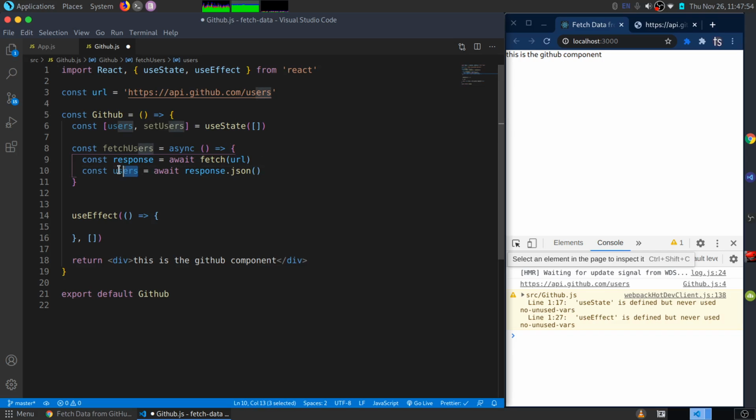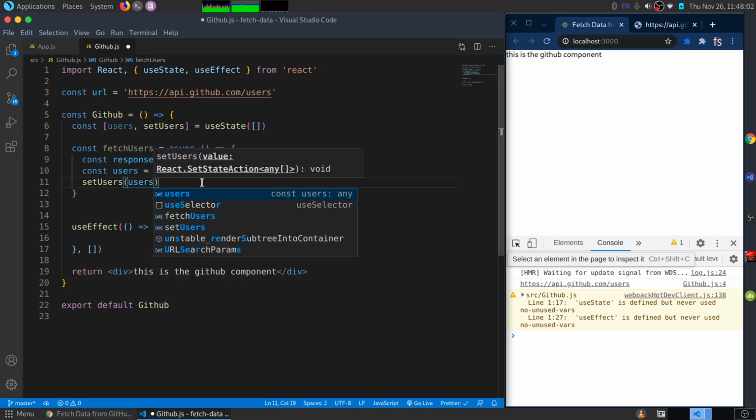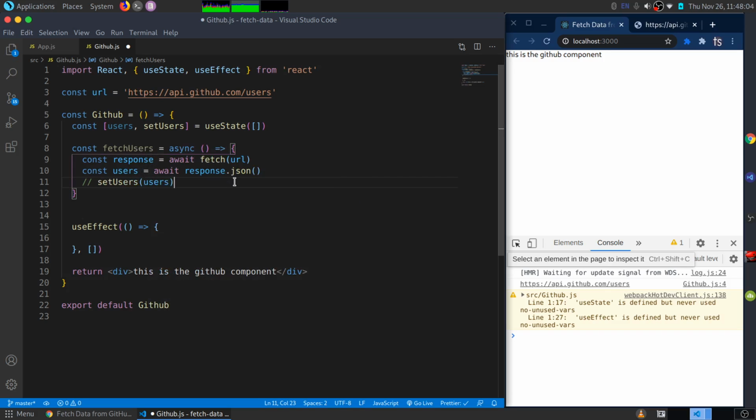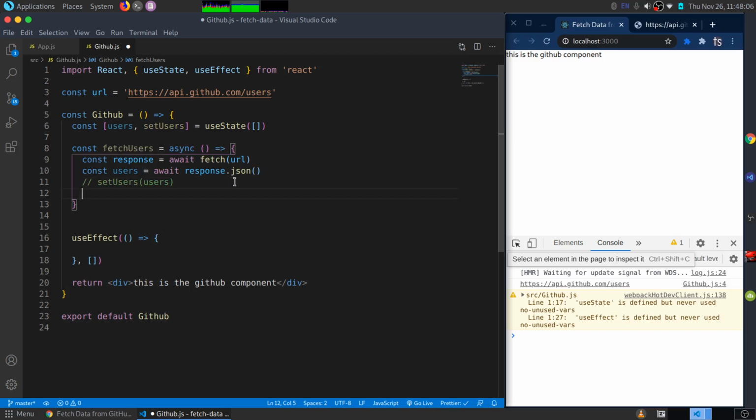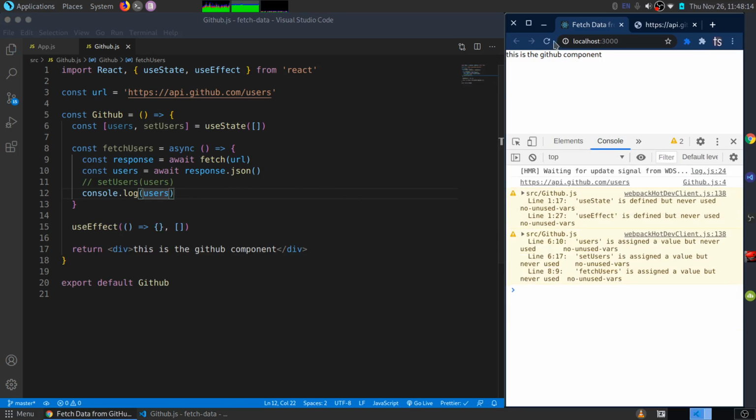And then these users, I'd like to assign it to this function right here. So I'm going to say set users, and I'm going to say users like that. Now let me just comment that out, and then I'm going to console log the users, just so you can see what happens. And if you console log the users, did that work correctly? Let me return this. Okay,